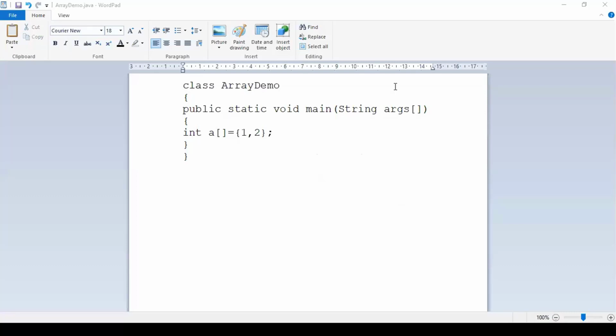Let me write a small for loop just to show whether this particular 1 and 2 will be assigned to that array or not. We'll just cross check. We will display the elements of that array. For i is equal to 0, i is less than, I have two elements. Let me take, say, 3, no problem. i plus plus, or else let me print only 2. It might be showing an error for me. System dot out dot println, what I have to print? Content of array.